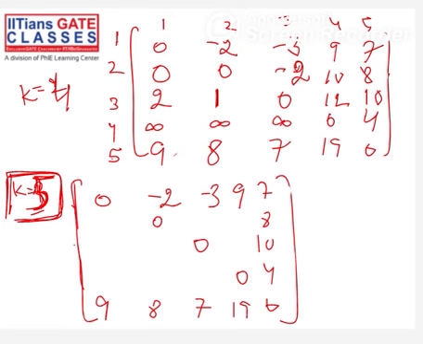So 2 to 5, 5 to 1. 2 to 5, where is 2 to 5? 8. 5 to 1 is 9. 17. 0 is better. 2 to 5, 5 to 3. 2 to 5, 8. 5 to 3 is 7. 15. Minus 2 is better. Then these two are added. 10 is better. Okay. Then 3 to 1.